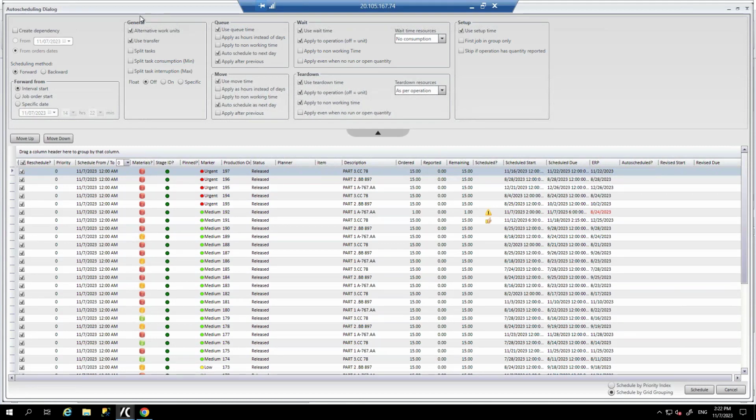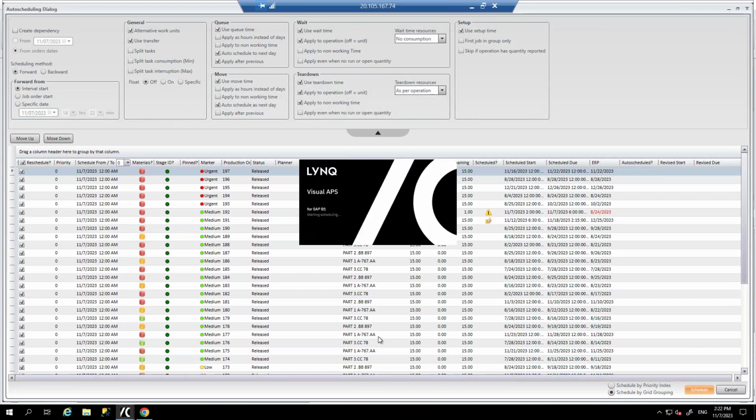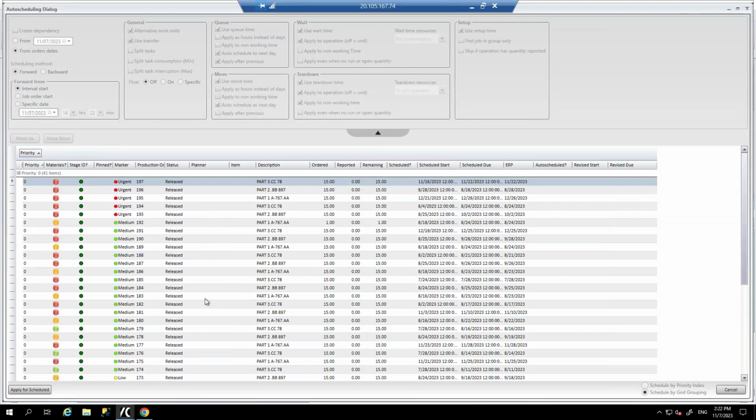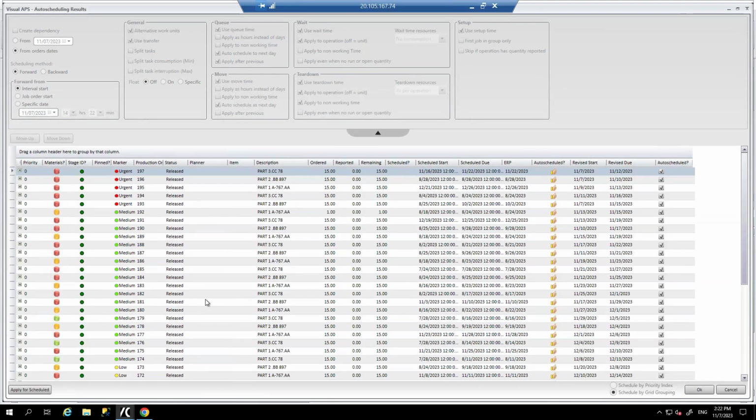I can schedule to alternative work centers. So for instance, you might have a CNC machine that's the primary work center, but that's full to capacity today or has gone down. You might want the flexibility to schedule to an alternative CNC machine. That's a possibility here. All I'm going to do is drop these onto the planning board, forward scheduling. Again, I could resort this, but I'm going to get them on the board.